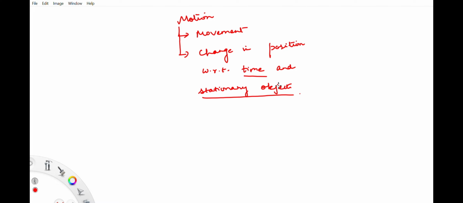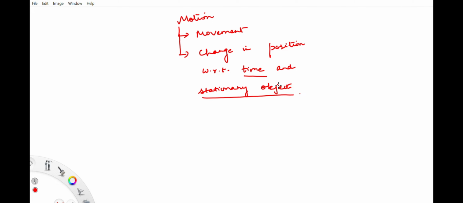I absolutely agree with this statement that if there's an object that is moving, right, it is at some point A and then it moves to a certain point B. So this movement would have taken over some interval of time, right? So this change in position with respect to time is called motion. Example, let's say you start from home and you have to go to school, and your school is 10 kilometers away from home. So it takes you some time to reach school, right? So you undergo a change in position with respect to time.